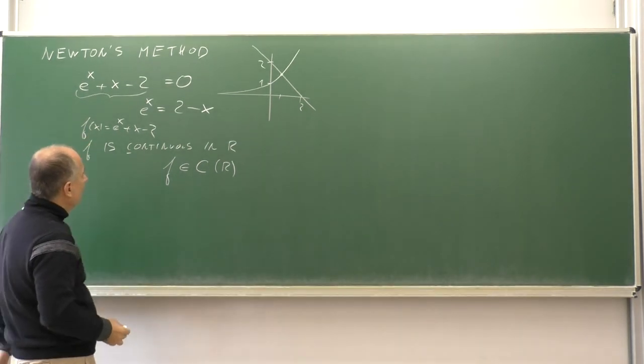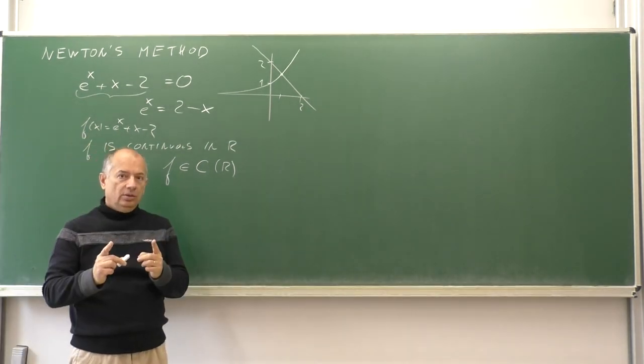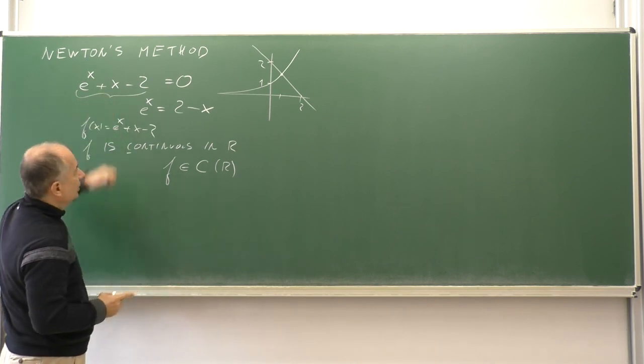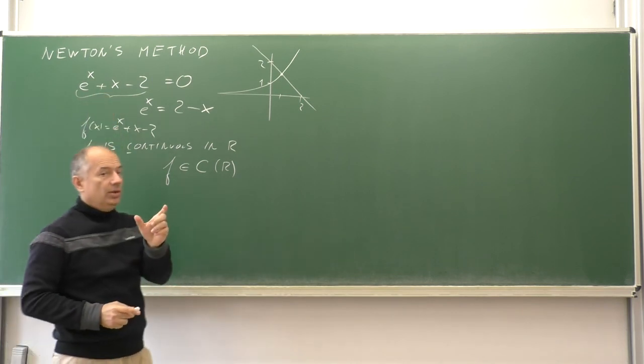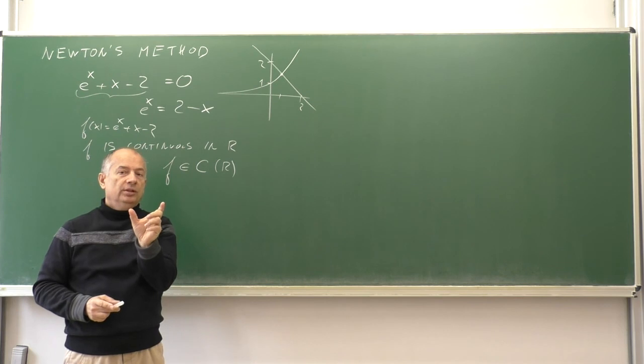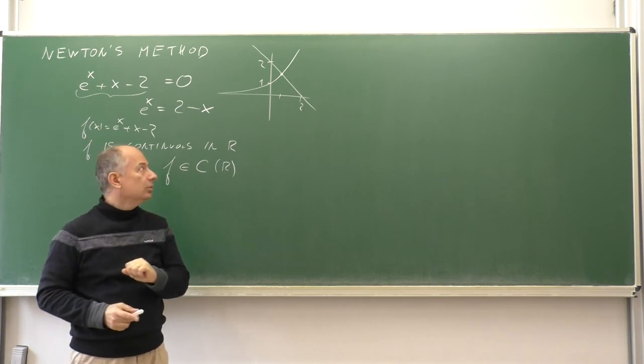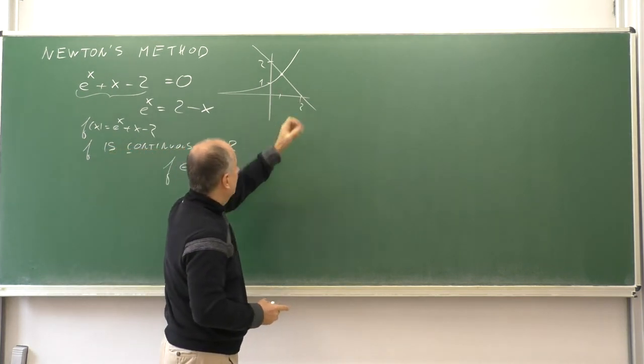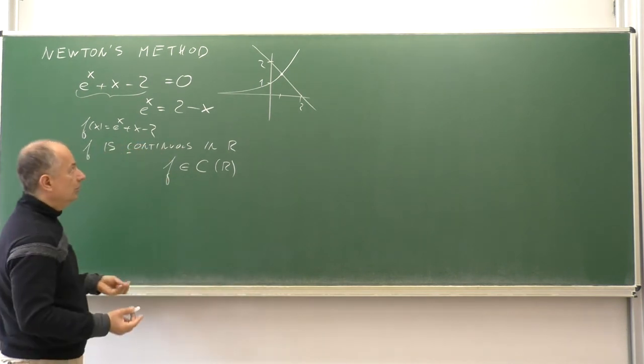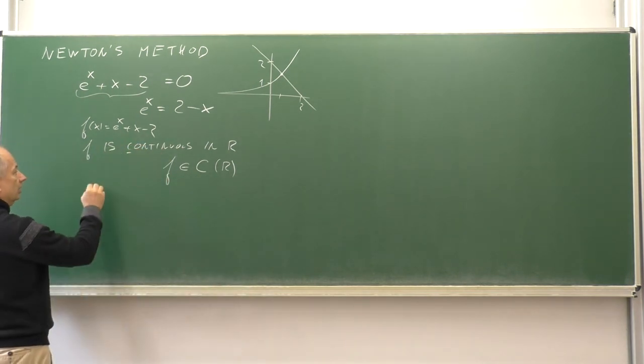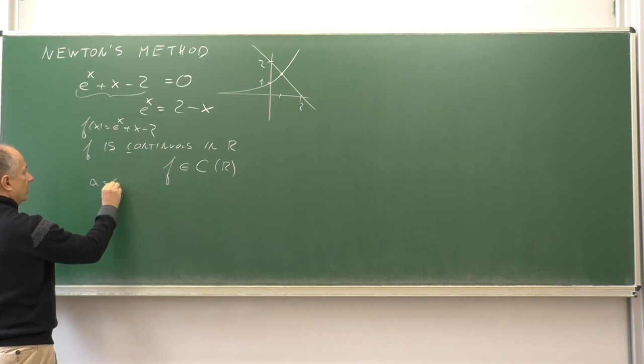And then we want to find two values where the function changes its sign. That means the endpoints of an interval where there is the solution. Well, and we can use this picture. We know that the solution will be somewhere between 0 and 2. So we can choose A is 0